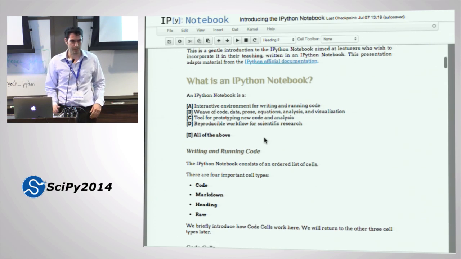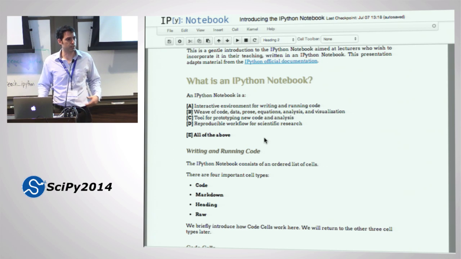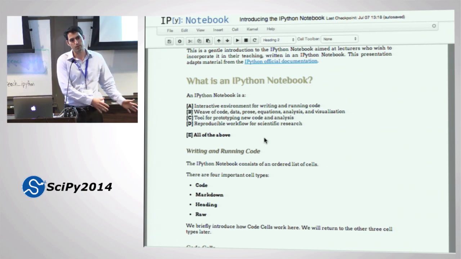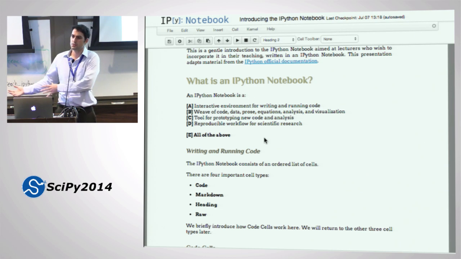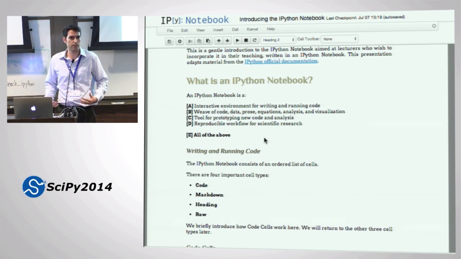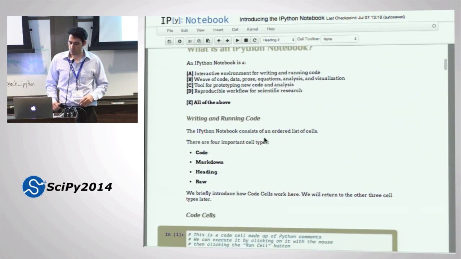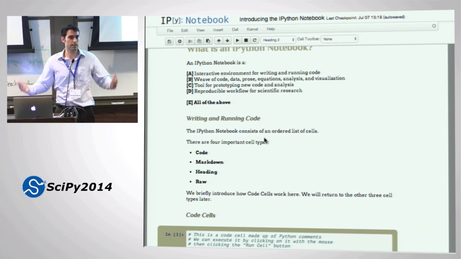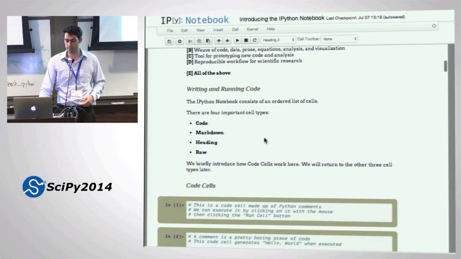Okay. Of course, it's all of these things, right? It's what you make of it. And if you just want to prototype code and you don't want to use it for your papers, or if you just want to use it for your papers and you don't believe in prototyping with a notebook, that's okay, right? This is a tool for you, and you should use it however is most effective. But, of course, today, we're talking about teaching with the notebook. So it's a little bit of all of this, but it's mostly, I think, the first part. We're going to read code, or we're going to write code, and we're going to show people how to run it. And everybody here is going to run it with me because we have a live presentation.